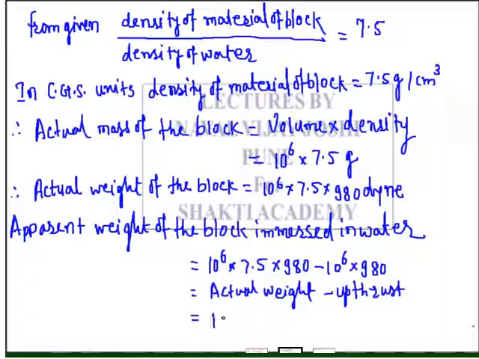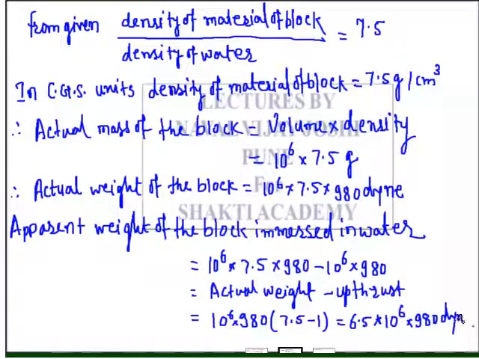Inside the bracket, what remains? 7.5 minus 1. So, this is equal to 6.5 into 10 raised to 6 into 980 dynes. So, this is the apparent weight of the block immersed in water,